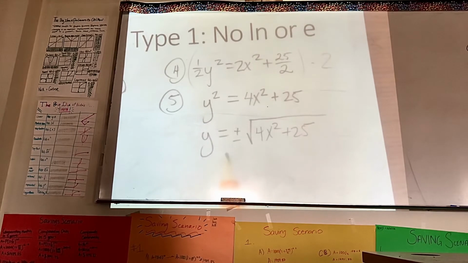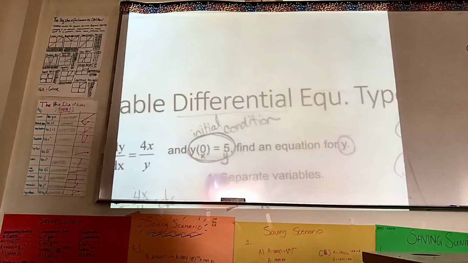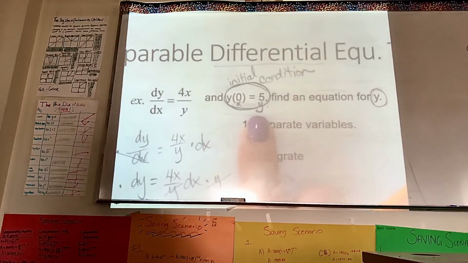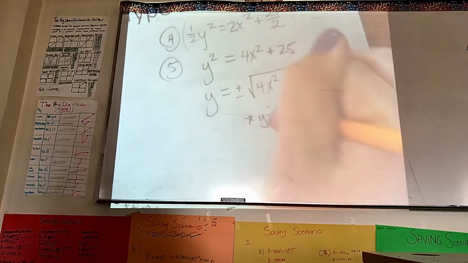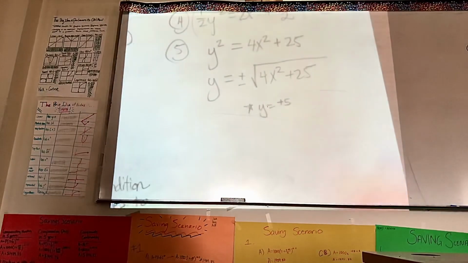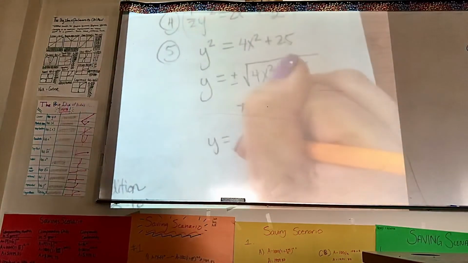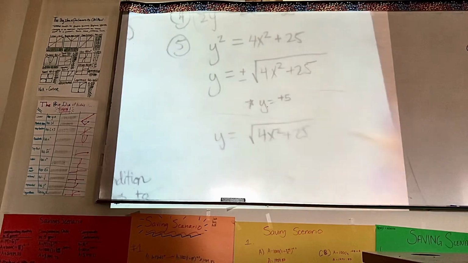But now, hold on. I can actually choose between plus and minus. So see how it's y equals either positive or negative? I actually know the y value. Is my y value positive or negative? It is positive. So just like a little note, y equals positive 5. So I'm going to choose the positive case. I'm going to say y equals just square root of 4x squared plus 25. So if you forgot the plus and minus in this case,